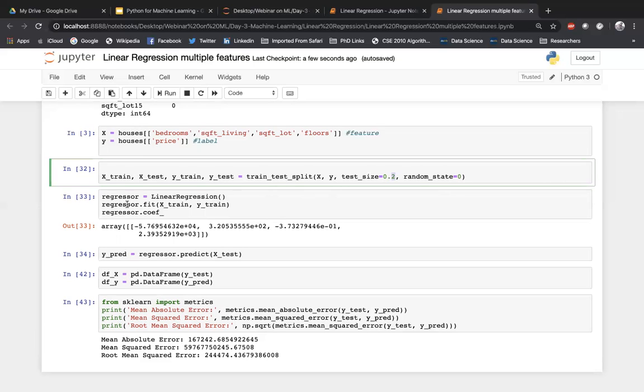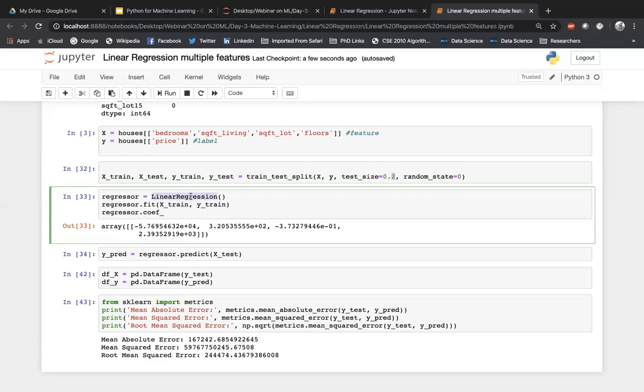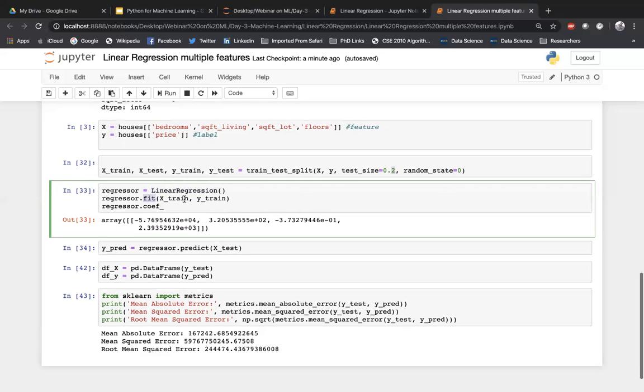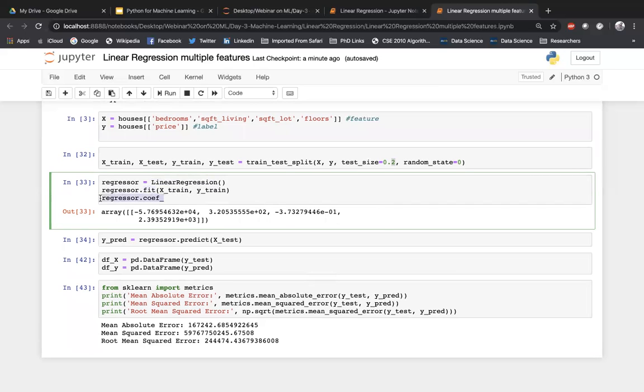So regressor is equal to linear regression. I'm calling the function of scikit-learn, and then I'm fitting it through X train and Y train. Once that is done, I'm printing the regression coefficients. You can see here that we got these coefficients. It's not theta 0, by the way. Theta 0 is the y-intercept. I'm talking about the coefficients right now.